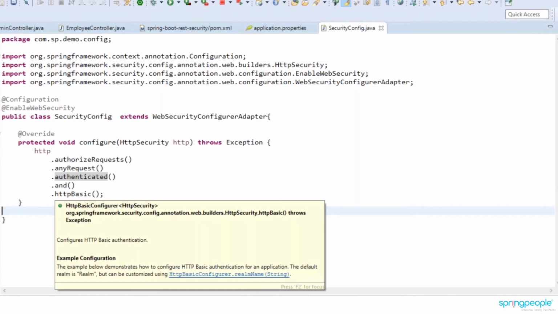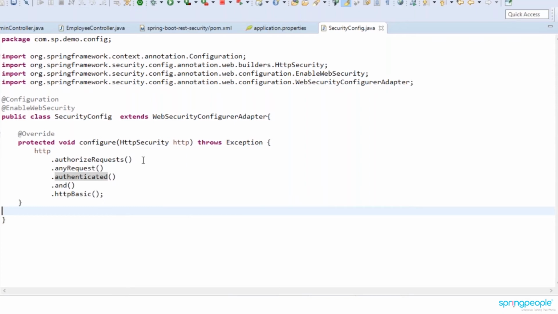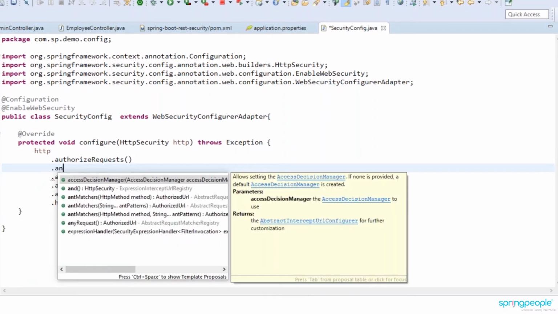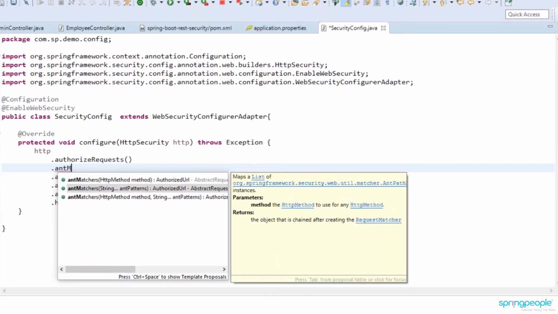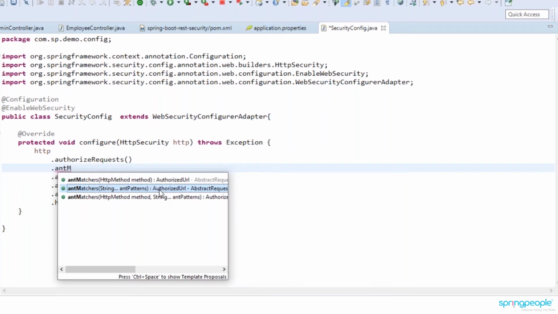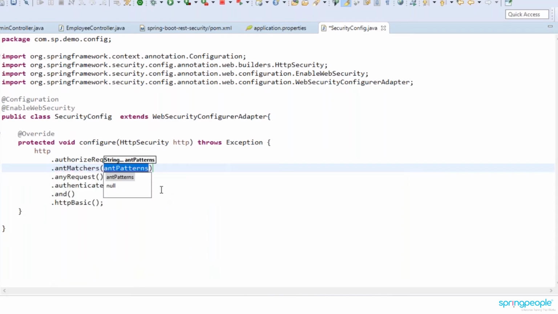The same way, if you want to configure for some particular users only, where it should be asking for a request, you can configure it here with antMatchers. antMatchers is a method that takes the URL patterns, regardless of the HTTP method, to authorize the URL.